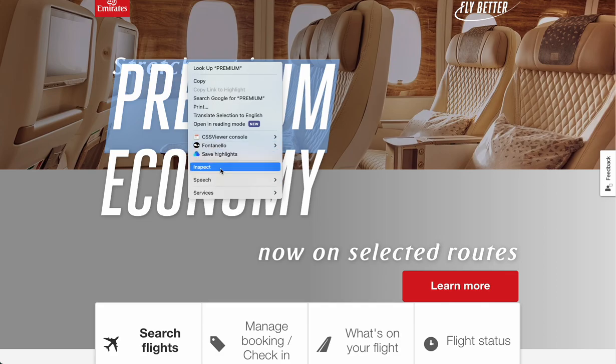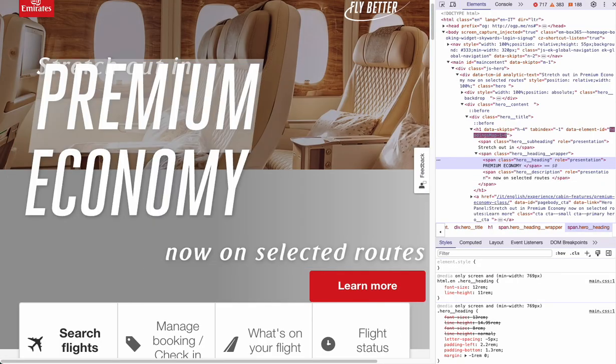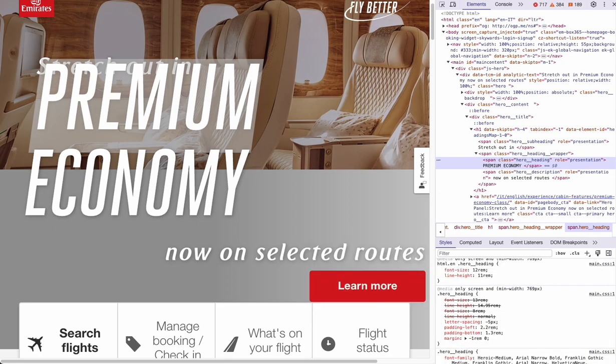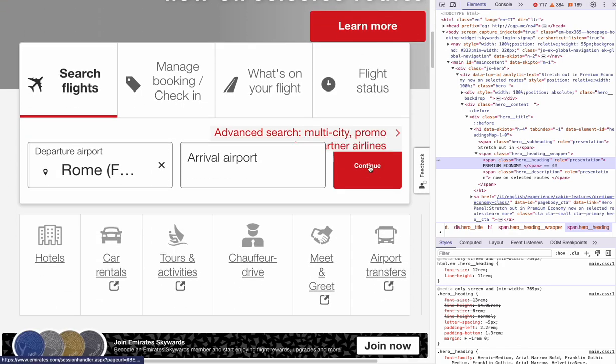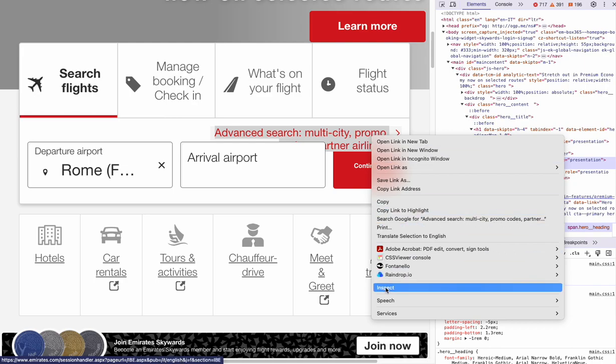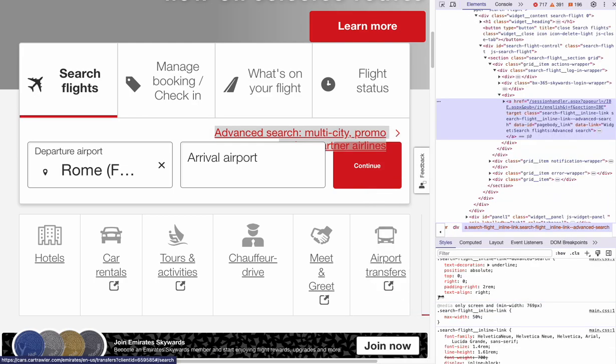So let's inspect this. The problem here is caused, as you can see down here, by the use of negative margins, which is always a risky choice, as is absolute positioning. So speaking of absolute positioning, here something else goes wrong, right? We have an overlap on this link. So when we inspect it, we can see that that is exactly what they did. They added a position absolute to this element, which means that it doesn't reflow properly when the text receives zoom.